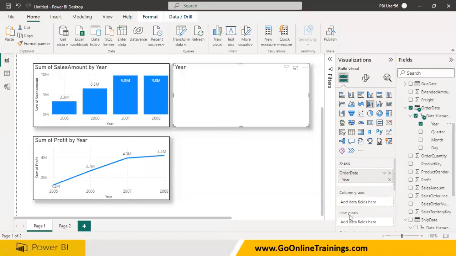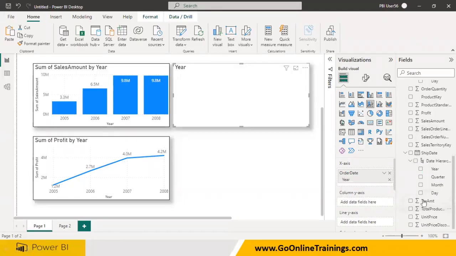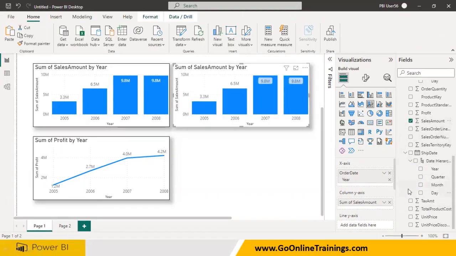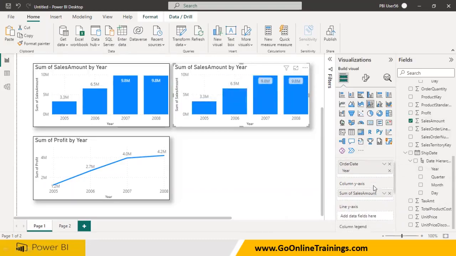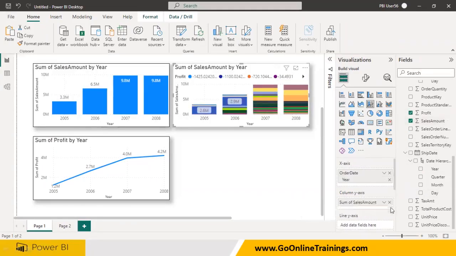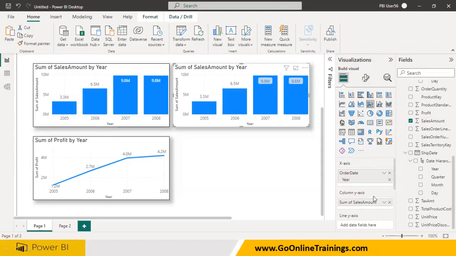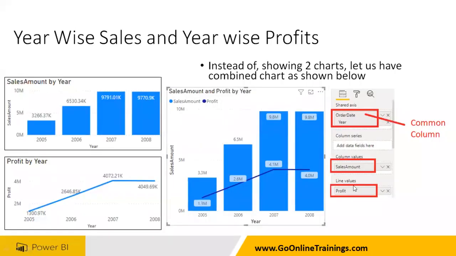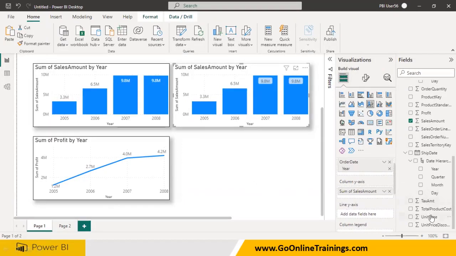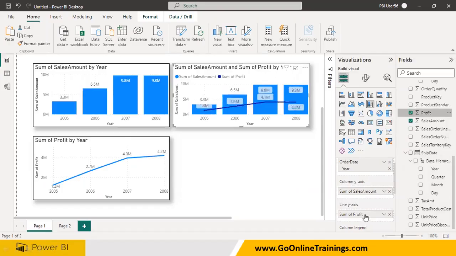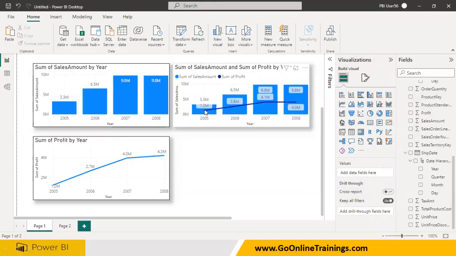Now column y-axis and line y-axis I would like to have. Now I wanted to take sales amount, as well as I wanted to get the profit. So where is the profit? Not here, right? Column and line values. There is a property called line. Column values and line values. Where is that? Yeah. So now you should be able to understand this: 3.3 is the sales and 1.3 is your